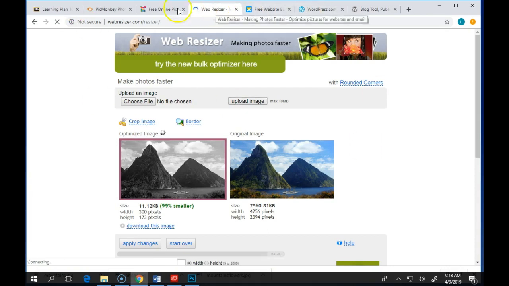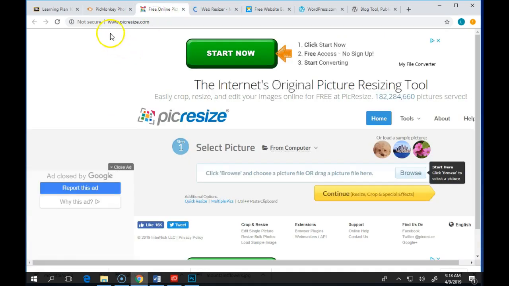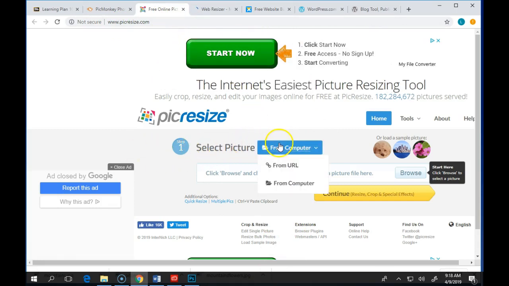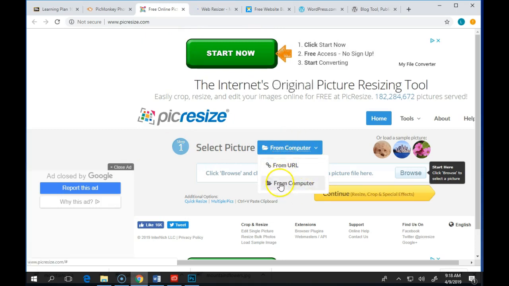All right, so that's one version. Let's look at another one. Resize.com. Again, don't be fooled by these green buttons. Start now, down here, and you select your picture from either a URL on a website or from your computer. This is going to be very similar. So if we pick a picture from our computer,